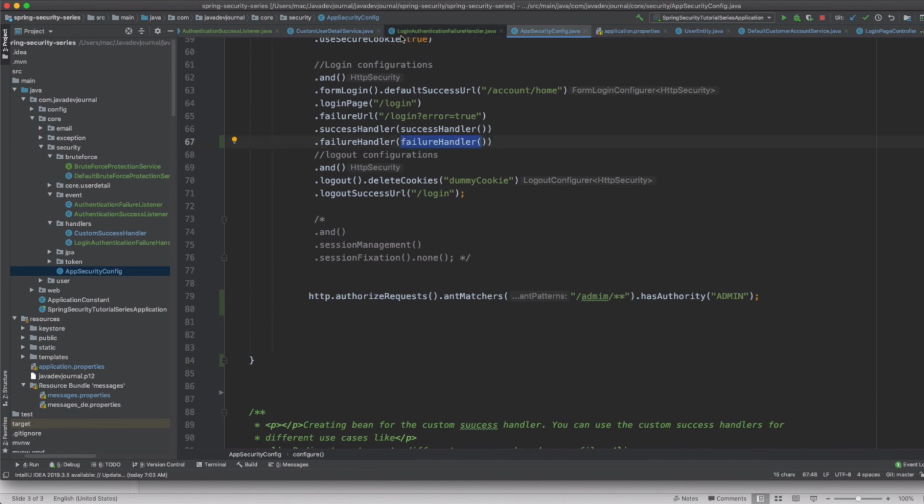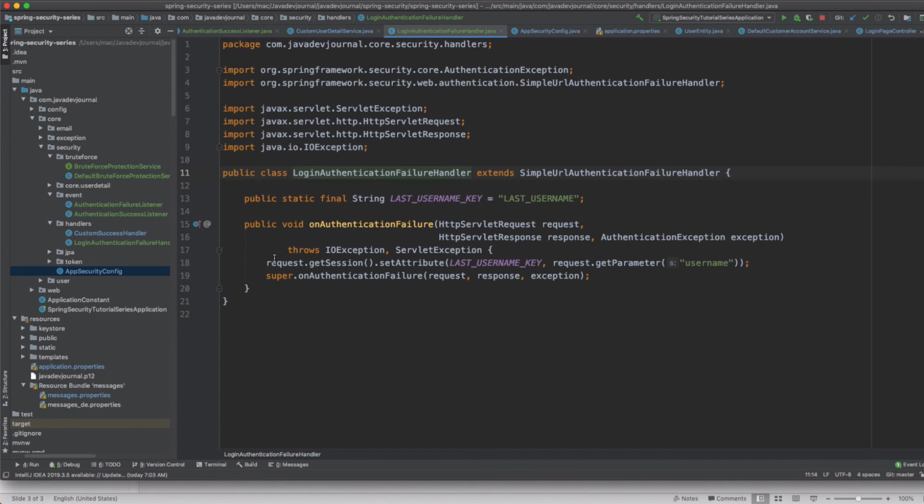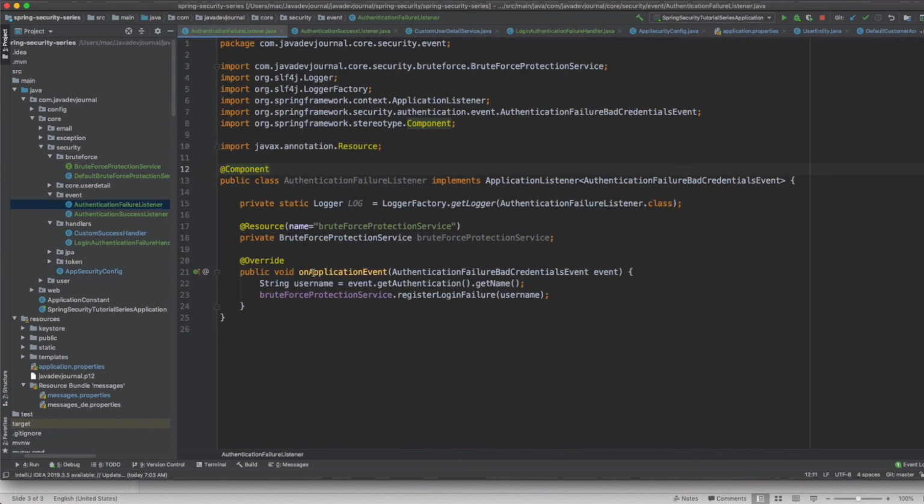With every failed login attempt, Spring Security will call this handler. Let's open that one quickly. This handler is doing nothing but passing the control to the out of the box Spring Security failure handler, but at the same time it stores the username into the current session. All right, and then at the same time our listener will be notified.